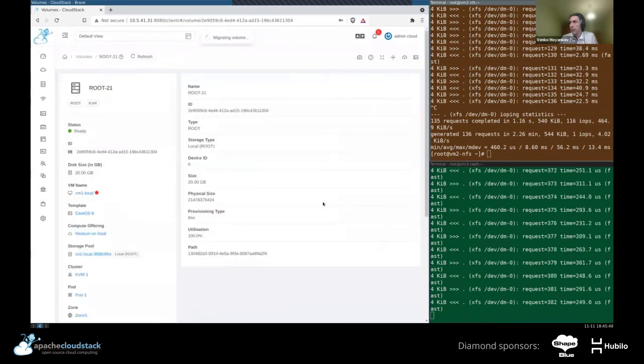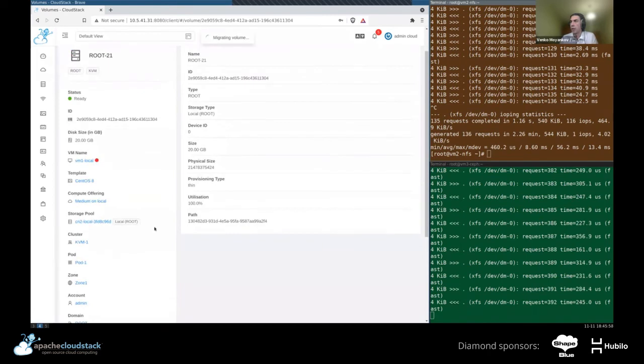Let's try this. So the volume is migrating from local. When it's completed, it shall go to Ceph. So again, we need to wait for the entire 20 gig image to be transferred. With large images, large volumes, this can be quite significant. It can cause quite significant downtime. And